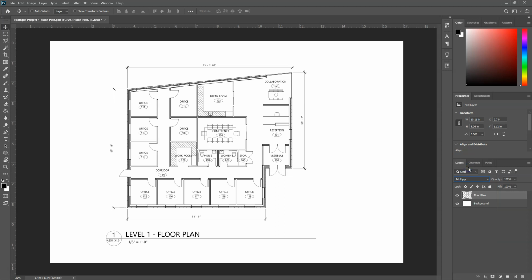And that's just going to make sure that if we have any white pixels on our floor plan layer, that's going to make it transparent so that we can see through it. In this case, not a big deal, but in other drawings that you might have a lot of white space, and if you don't have that on multiply,